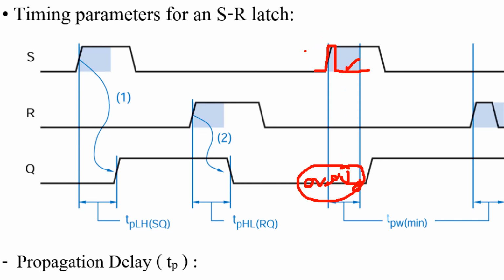That means if you apply this input very, very short, it cannot make the output change. If you want the output to change, you must apply it for at least the minimal pulse width parameter. Okay. And one more problem that may occur if you apply input S, for example, less than the minimal pulse width,